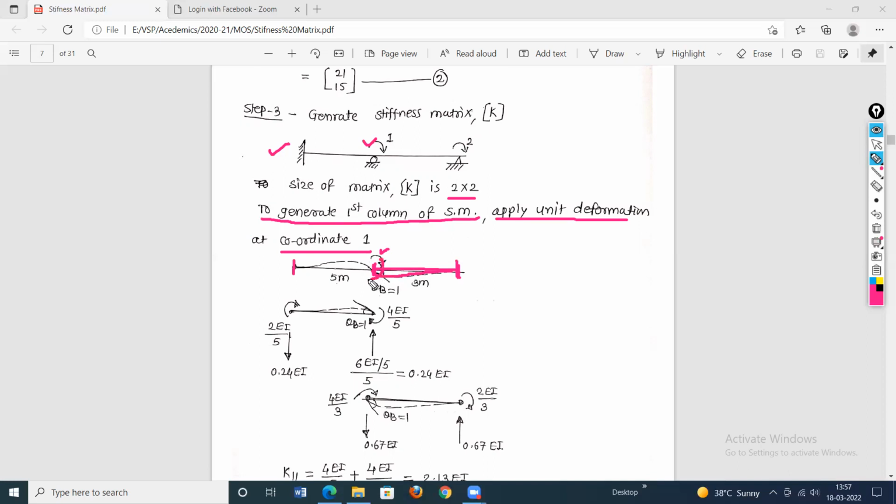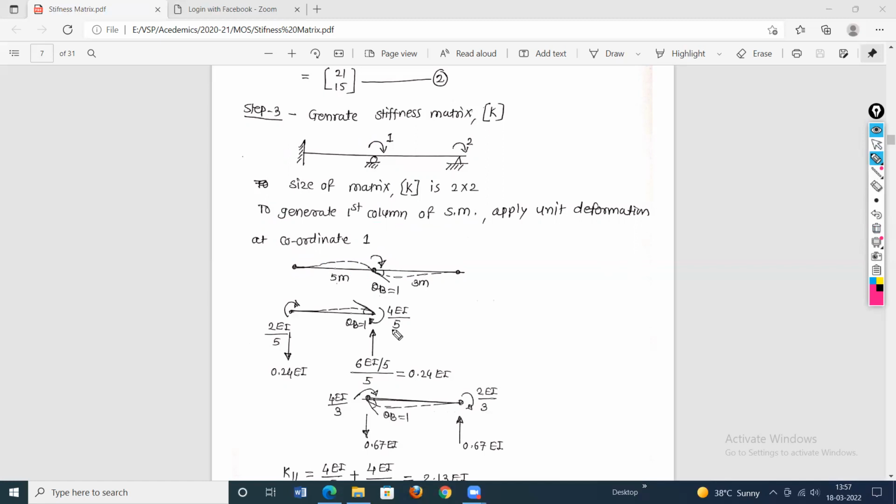Similarly, this clockwise moment, which is applied at B, is acting from the bottom on the first span. Therefore, since it is acting from the bottom, it will be hogged like this. So these are the deformations in the first span and second span. Then, when we apply the unit deformation at joint B at coordinate 1, it will produce